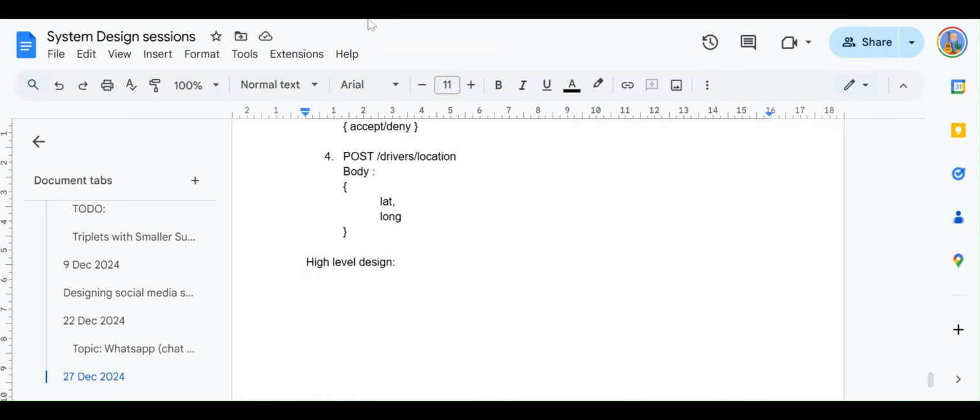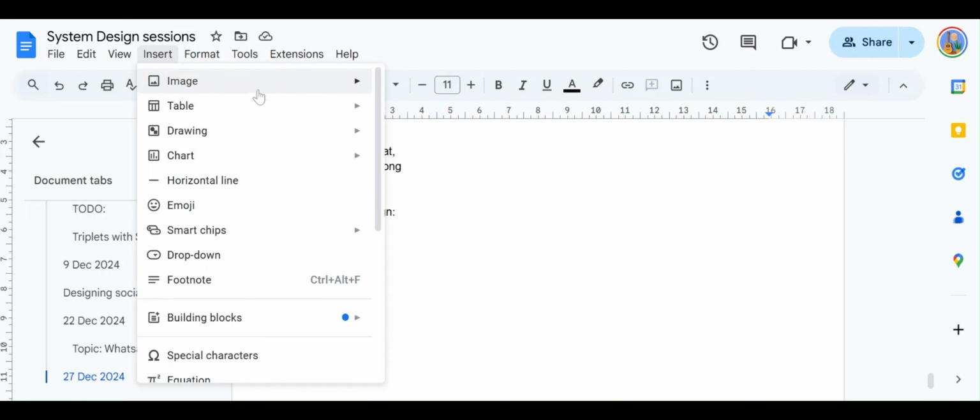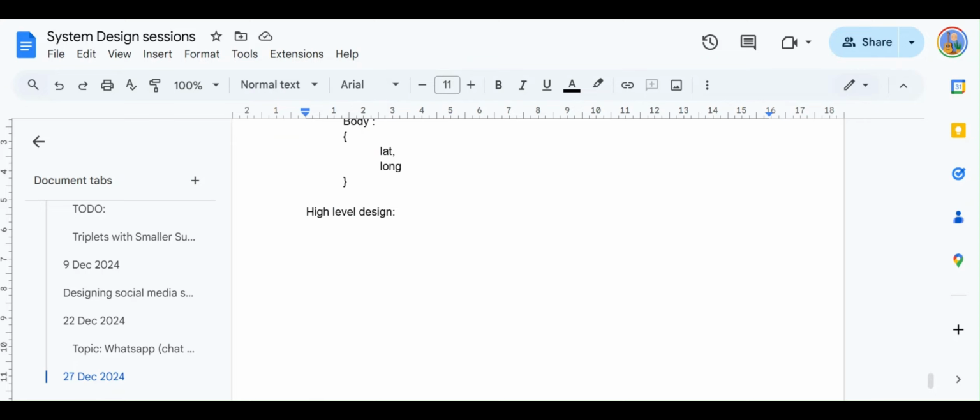Generally, they will give you either a HackerRank link. These days, HackerRank also has a whiteboarding functionality, or they will give you Whimsical or Excalidraw. Meta uses Excalidraw. Google just gives you a plain Google Doc, as what we are using right now. This is what the Google interviews happen on. This Google Doc has a drawing tool, which we are going to use in a bit. And then Amazon has its own, I think Codil, I forgot.